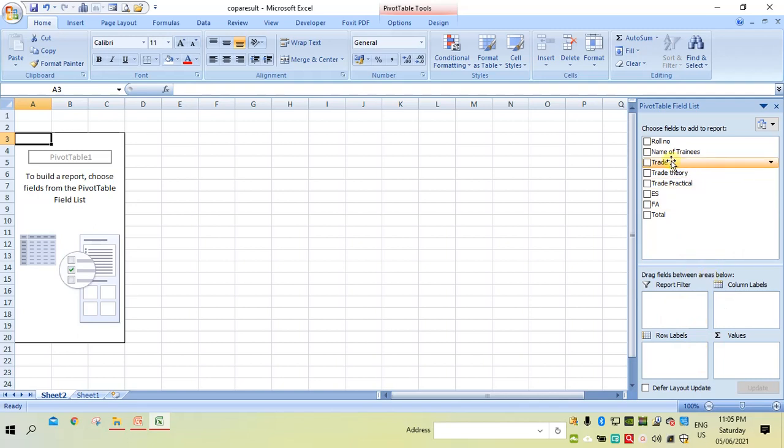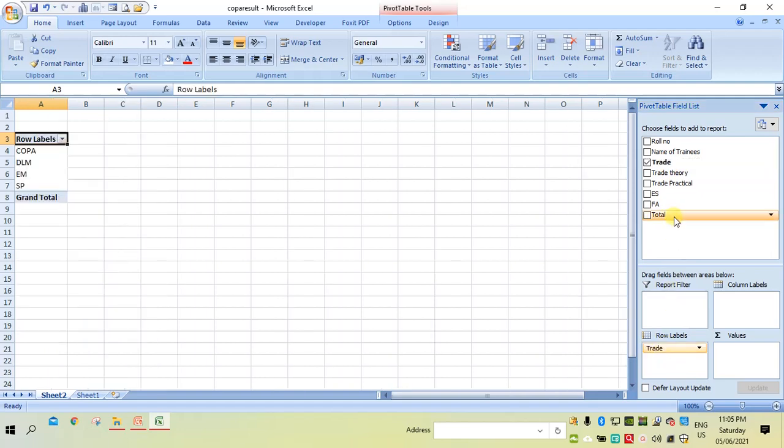So now I will take trade. You can see the information automatically coming on the sheet. Next I will take trade name.